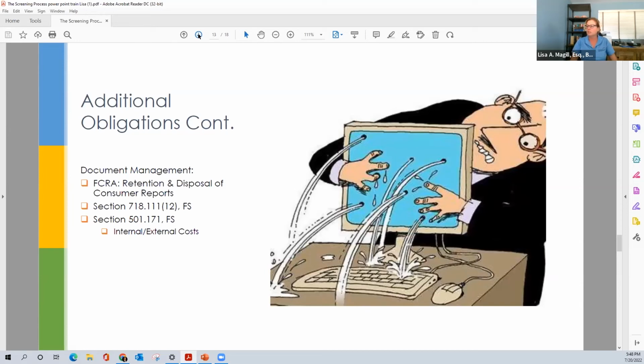Document management. What do you do with these consumer reports under the Fair Credit Reporting Act? You know that they're not accessible to members. You know that there are statutes that create liability for cyber release of information. Everything nowadays is done via computer. So management or the credit reporting agency is emailing either the management or the president a copy of the consumer report, or you're signing on to a portal to see a copy of the consumer report. You're downloading that report onto your own personal devices.